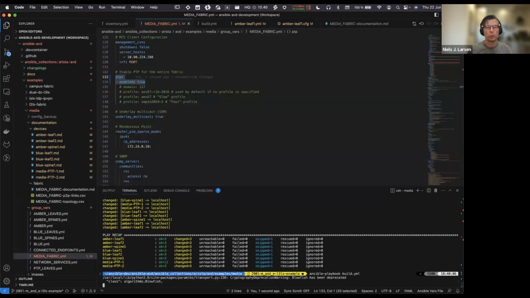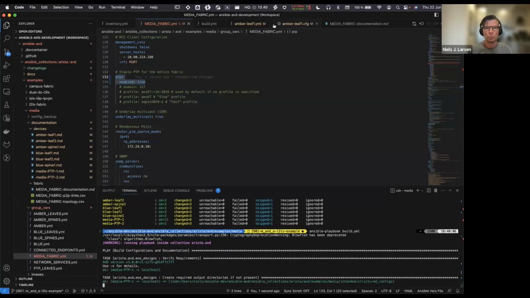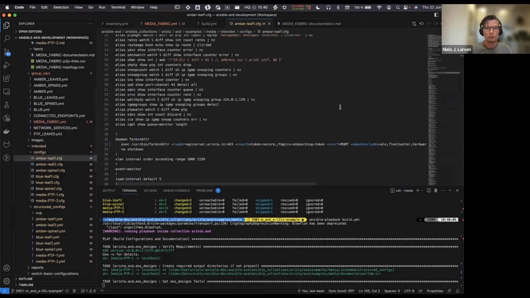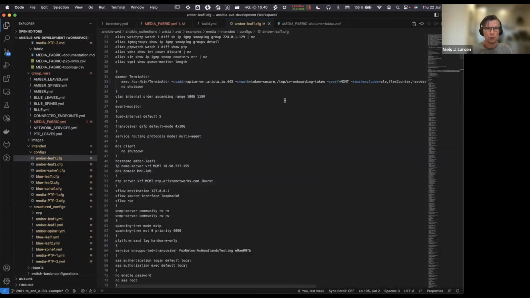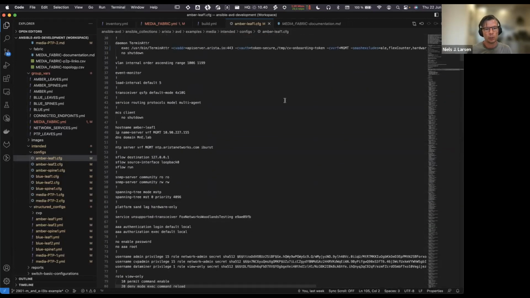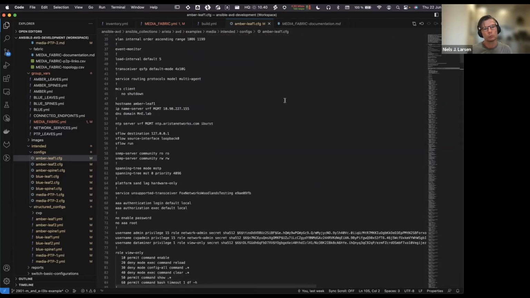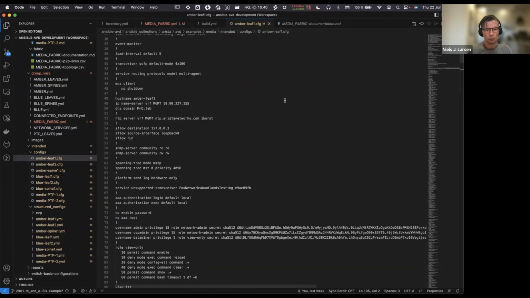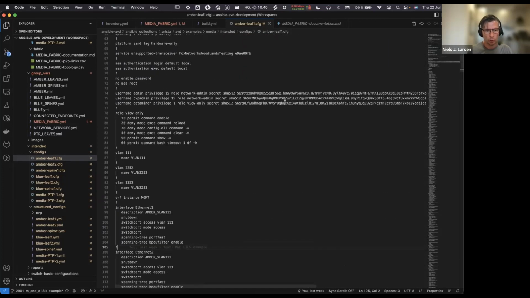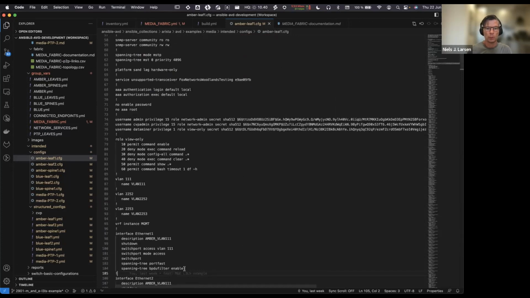If I run the build playbook again and jump back to the configuration for Amberleaf 1, you will see that shortly there will appear some global PTP configuration for this device. If I can remember exactly where it's going to be. At least we can also keep an eye on Ethernet 1, because that will also have PTP configuration.